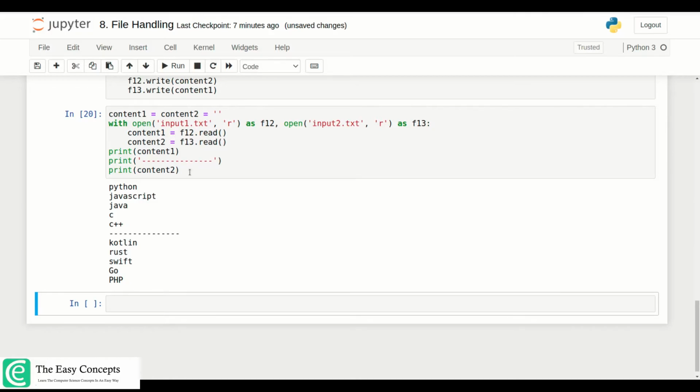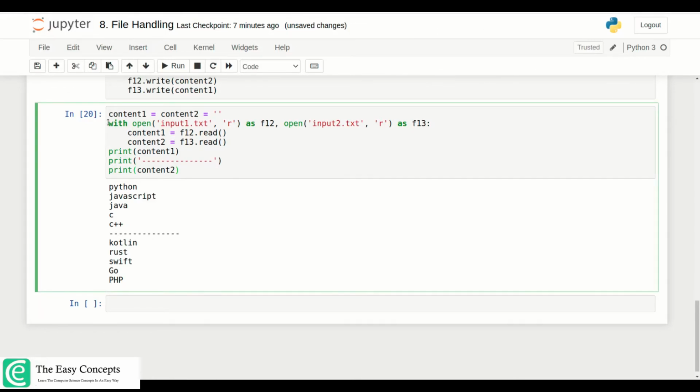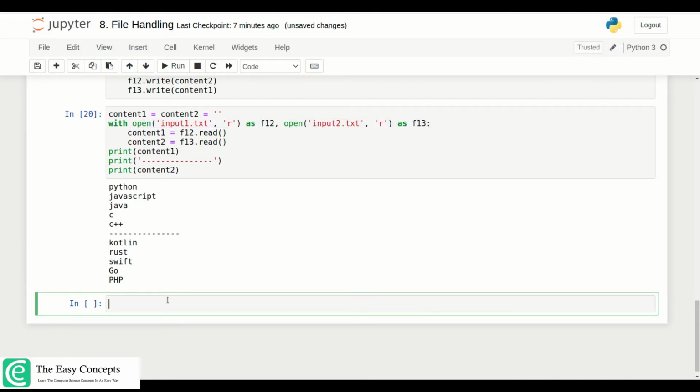So what we can do, we can open this thing in write mode again. Just go to another cell, make it f14, make it f15. You can do this in this cell also, but I am just doing it in another one for clarity. Make it write. Don't make it append as of now because it will append the text to the previous file. Now we want to overwrite the previous one and write it as a new file, and there is a logical reason behind this. You can tell me in the comments why you are doing so.